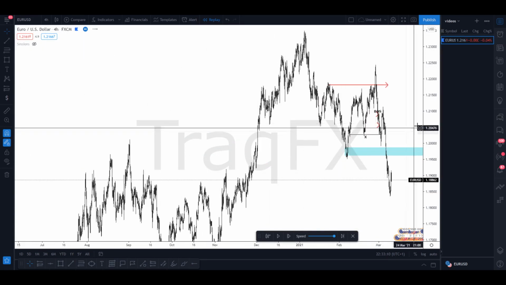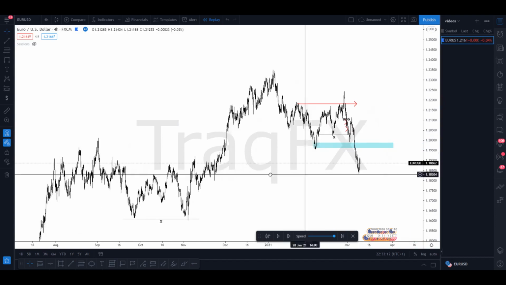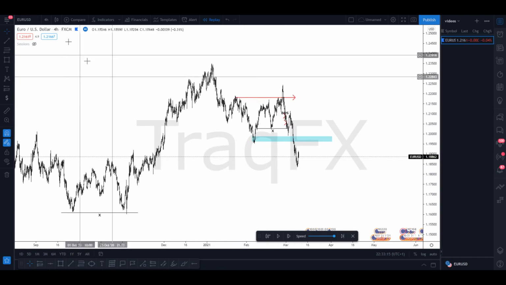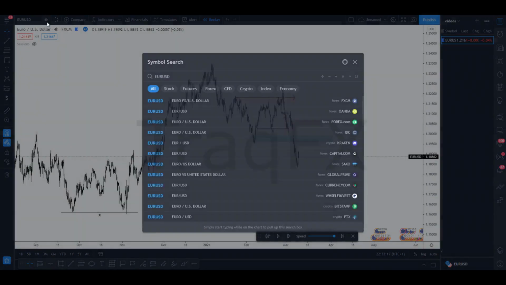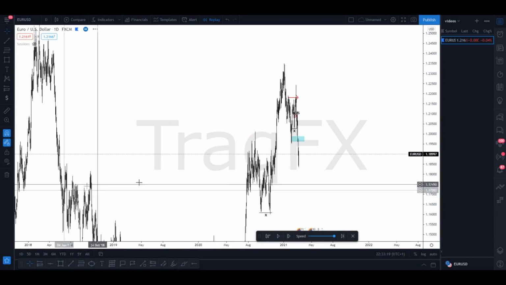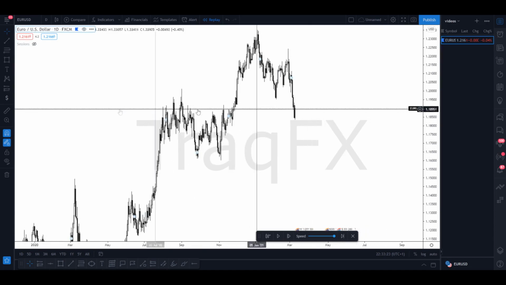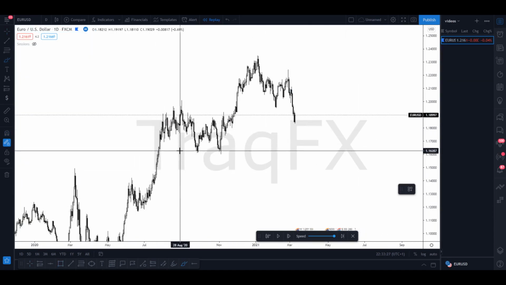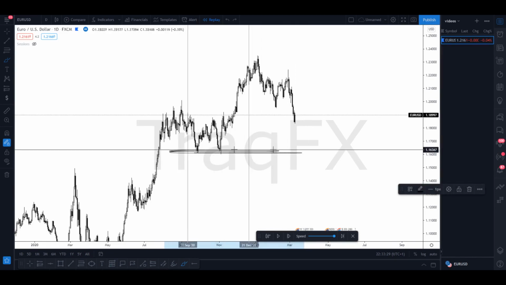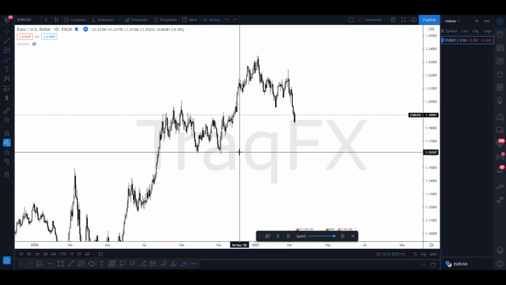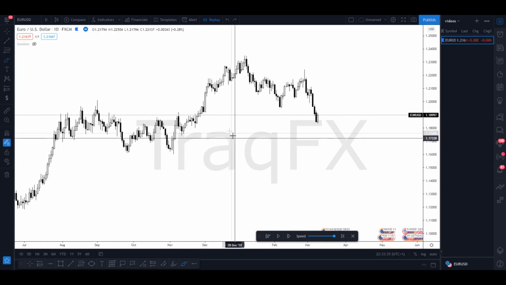So let's look at structure now. We did end up breaking this previous higher low. What does this tell you, that the fact that we broke this previous higher low? Well, this tells you that price is still overall bullish, because look at the higher time frame. In order for us to be considered bearish, price has to break this low over here. That's what we're gonna have to do for price to become bearish. Now in this case, price is not bearish yet,